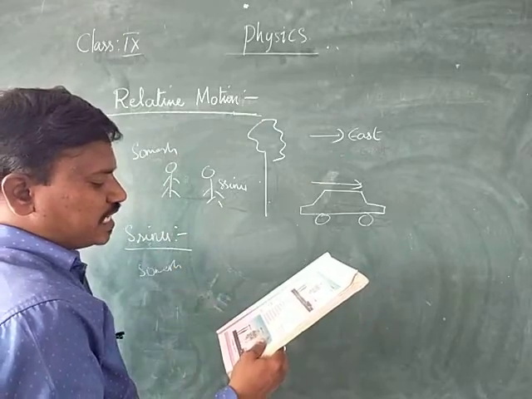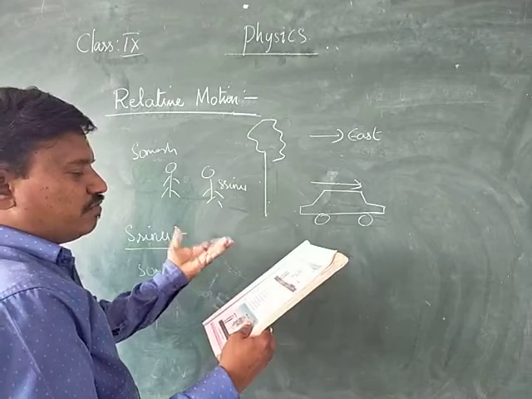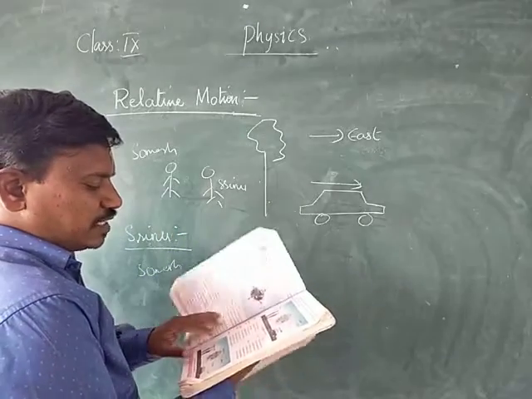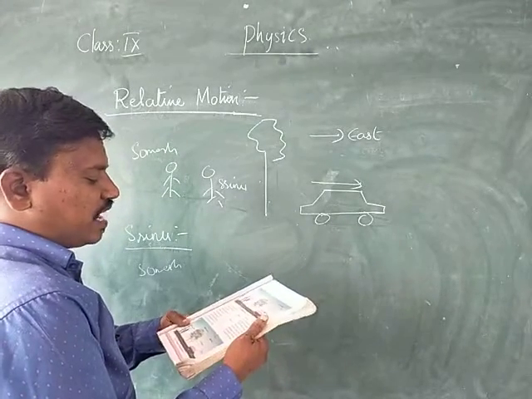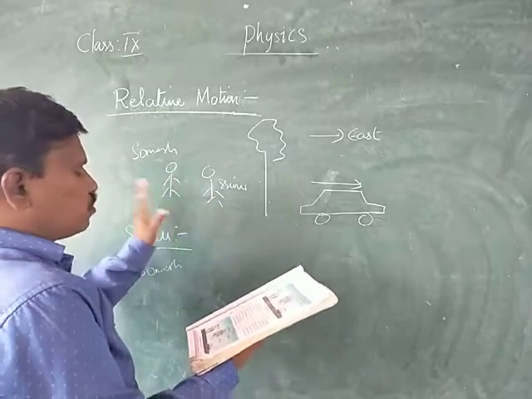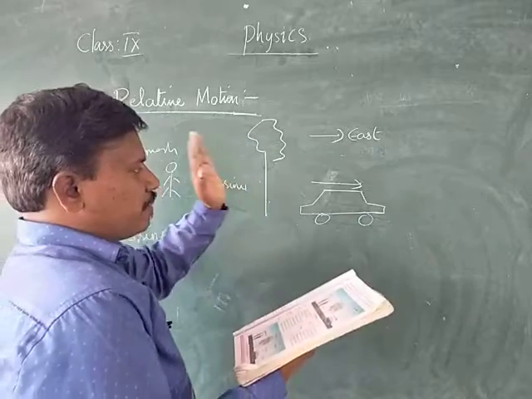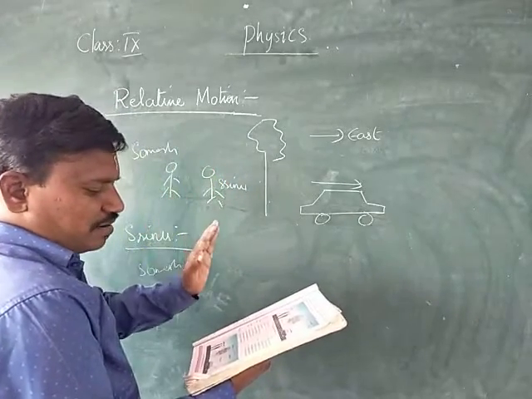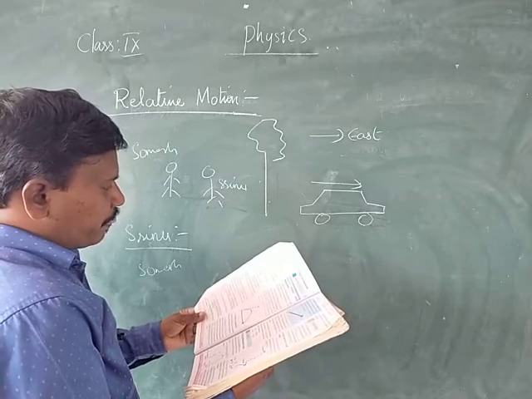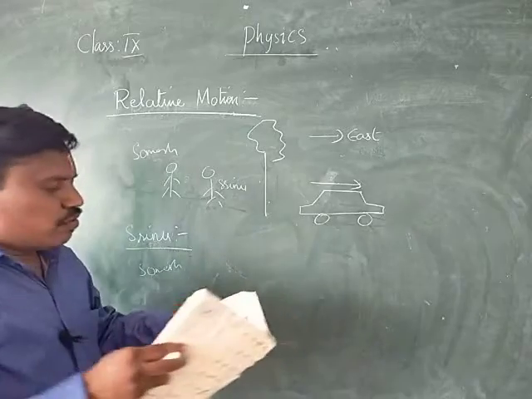And Srinu again asks what is the state of the motion of the driver. The driver is also moving along with the car. Therefore, he is also moving towards the east. Another question Srinu asks is how do you decide the car, the passenger and the driver are moving? Somesh says that with respect to us, the two persons, the car is in motion. Therefore, as the car is in motion, the driver in the car is also in motion. This is the conversation between the two persons with respect to relative motion.